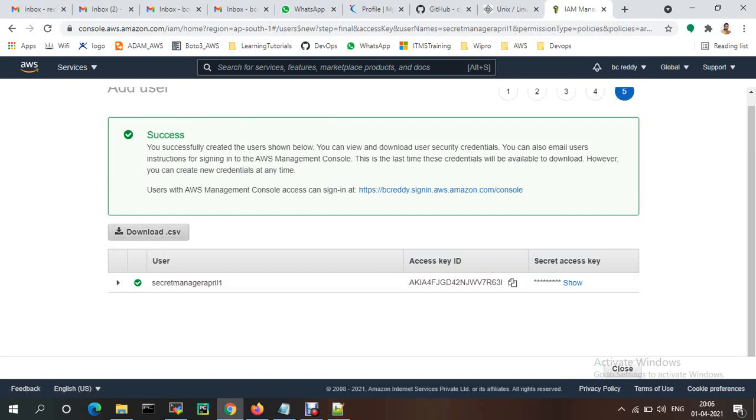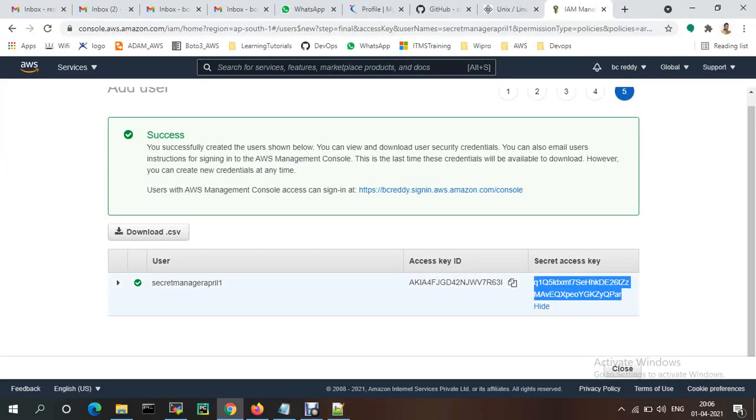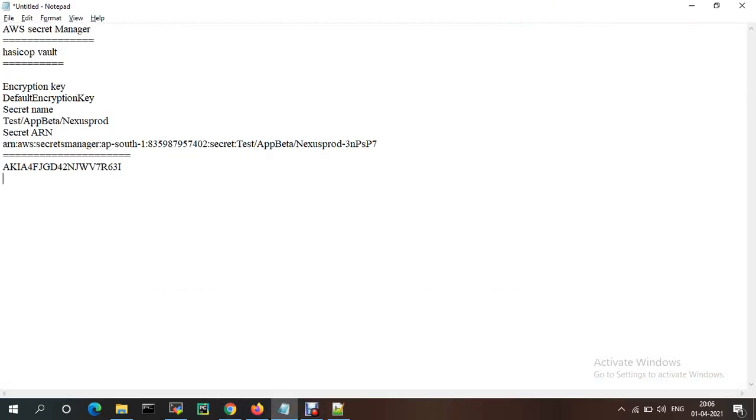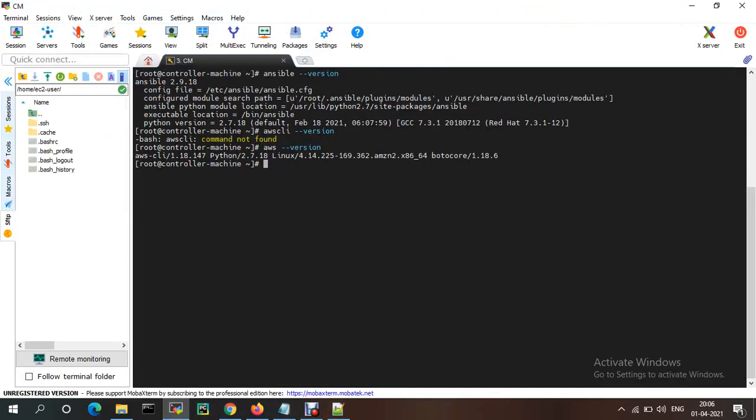If you want, you can download this file. It contains the access key and secret key. I'm copying this access key ID, and I'm copying the secret key too. First we need to run aws configure to access from the console.